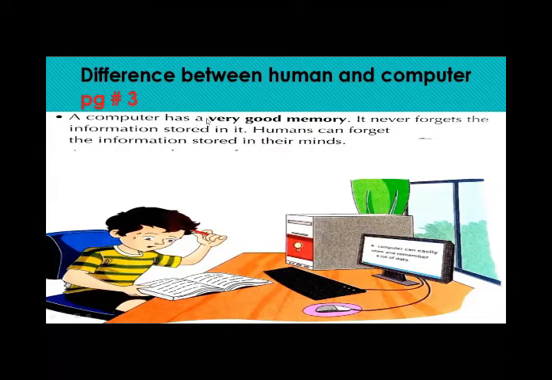A computer has very good memory. It never forgets the information stored in it. But humans can forget the information stored in their minds. This is also a difference between human and computer.